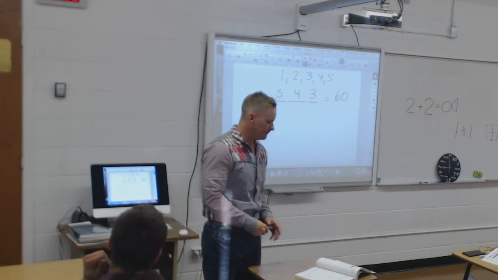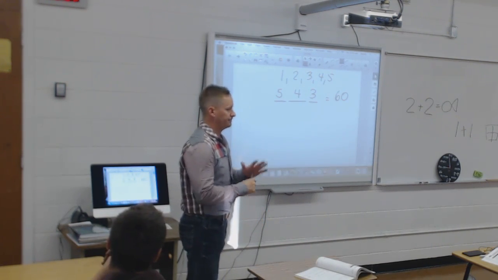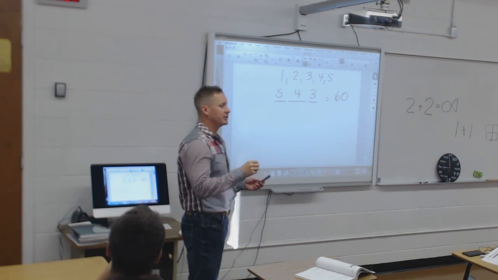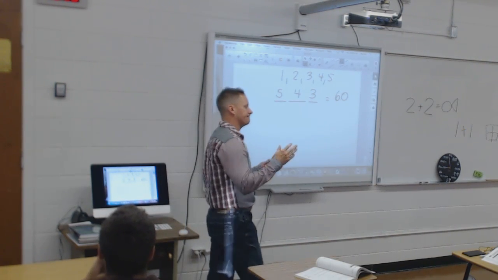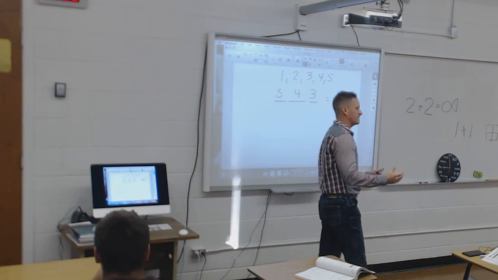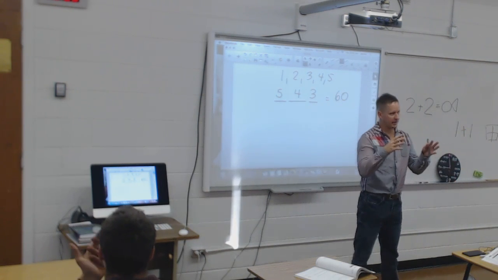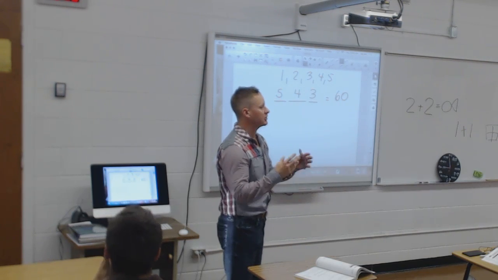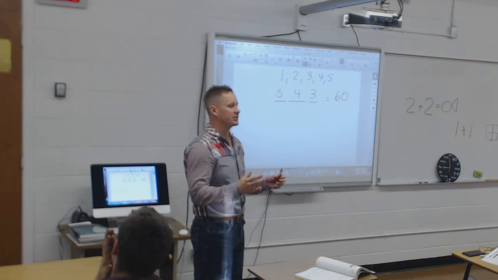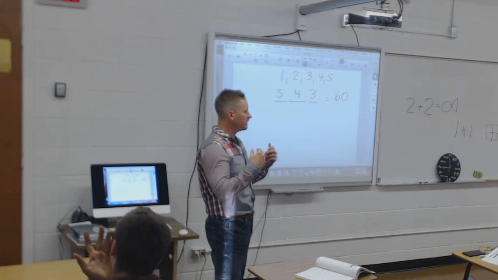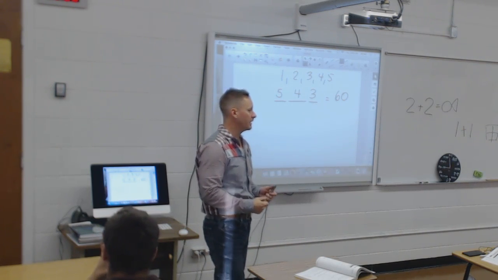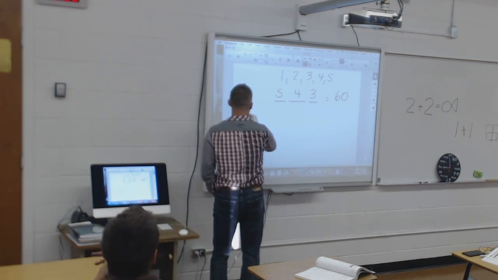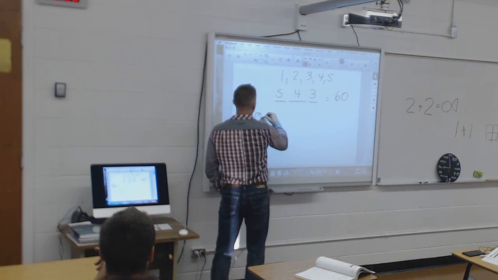Okay. Now, a permutation. Now you got it. Permutations and combinations. It's not so significant in this class as much as it is in pre-calc, because the questions get worded in such a way you have to determine whether it's a permutation or a combination. So the very first thing that you have to do is understand what a permutation is. A permutation is where you select